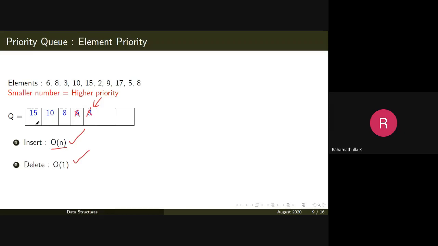The second method, what I have discussed, is the insert operation taking order of n time, and the delete operation taking constant time. You can choose the implementation based on your data. So if your data corresponds to your number of priority levels, or the elements order, or whatever, you can choose your own implementation method.